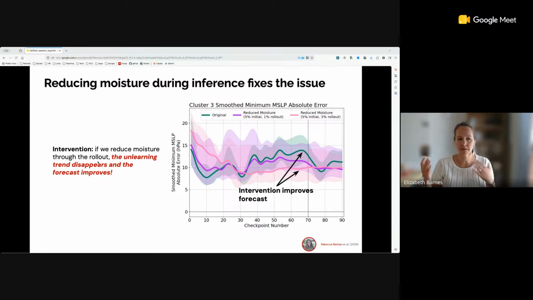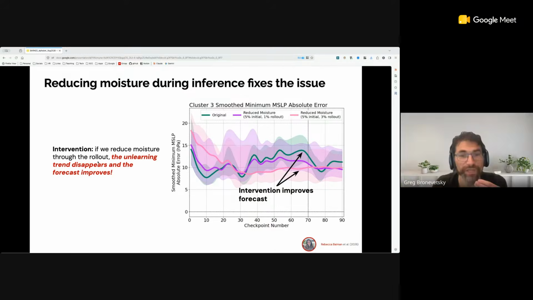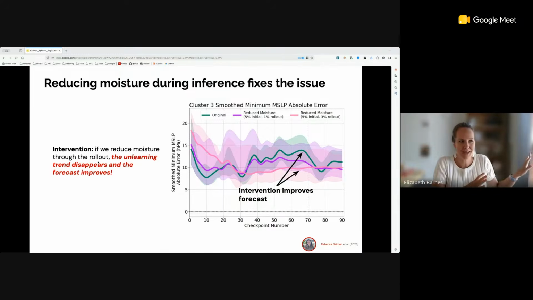I think one thing that's a little different from the nice example you just gave is that when I show this, people always say, well, why don't you just train a tropical cyclone model only and then just make it better? And the answer is totally, you can do that. But that is not why these models were generated. Just like our physics models, we have tailored TC physics models, but we also have weather prediction models that predict everything everywhere. The same is going to be true, I think, for AI models.